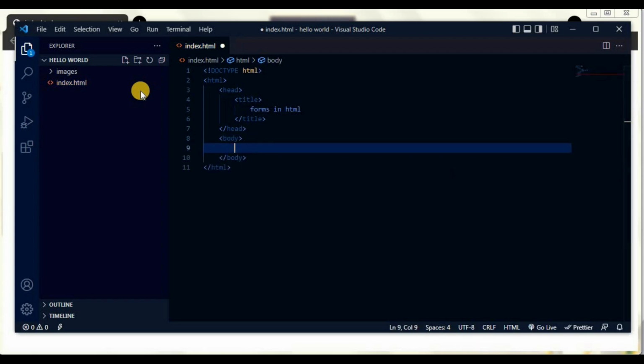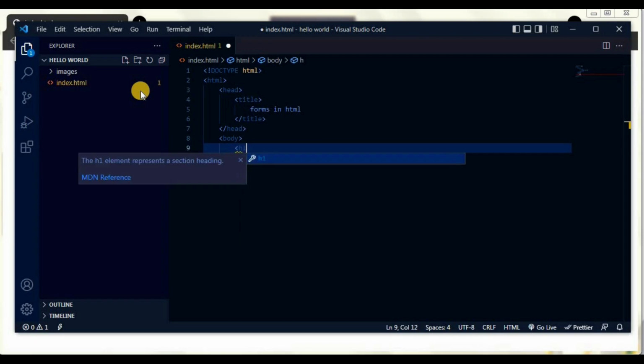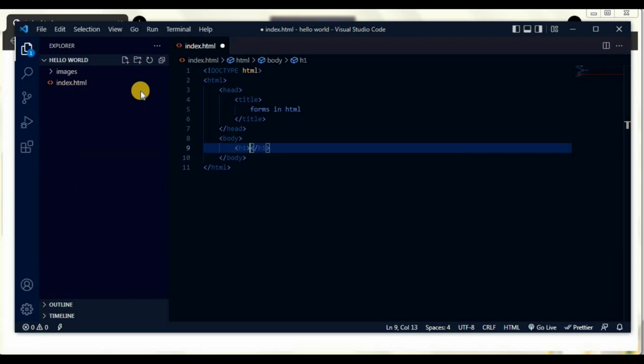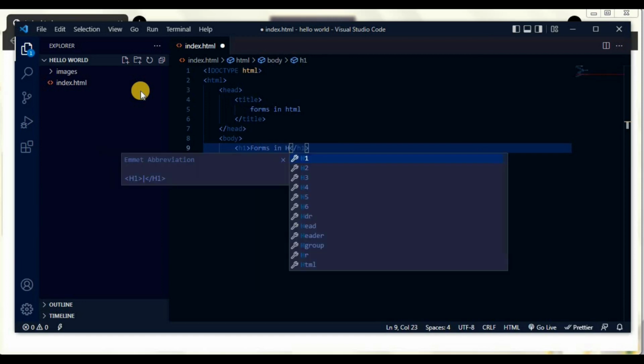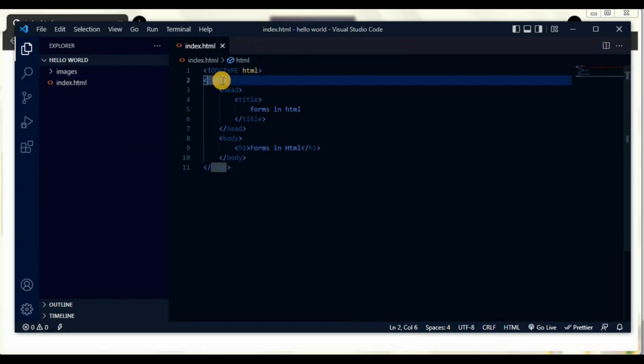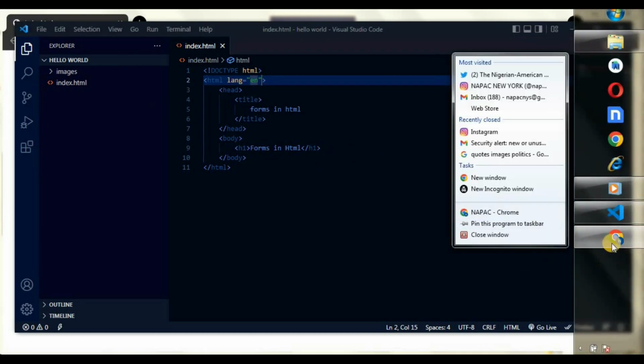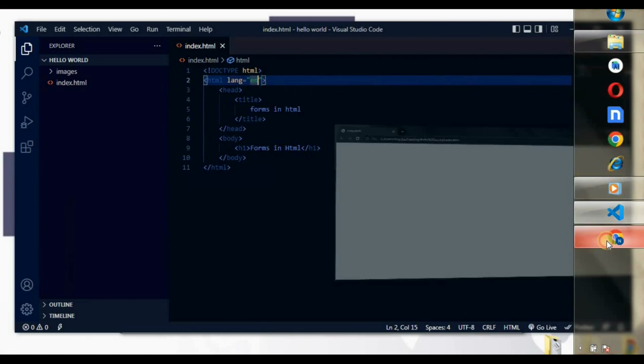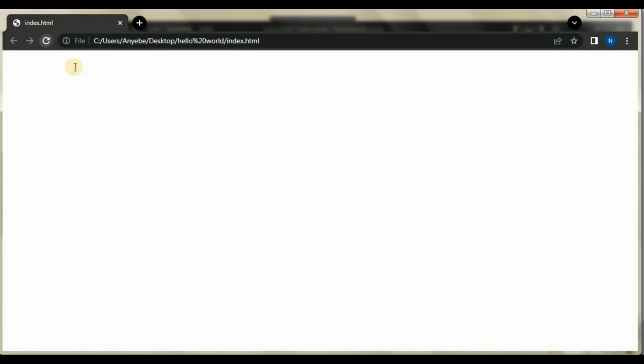So our first header one, I know I'm rushing it because we've already done this before. Our header one will be forms in HTML. Good. I remember we're supposed to put language here, English, and that's that. We'll go to our browser and refresh, and we have forms in HTML. So now,